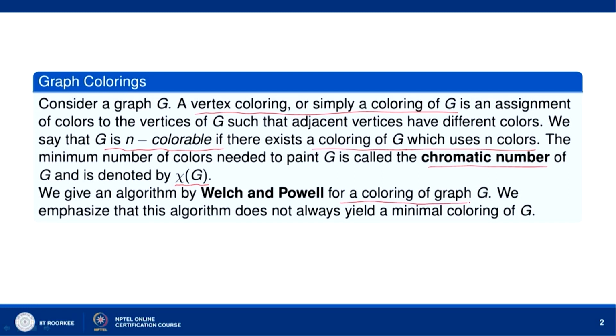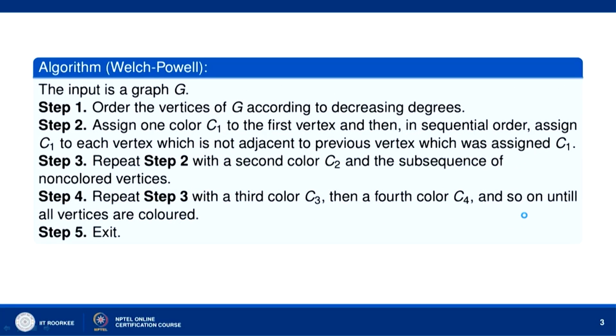Now, we shall discuss an algorithm by Welch and Powell for a coloring of graph G. We emphasize that this algorithm does not always yield a minimal covering of G. Now, let us see what the Welch-Powell algorithm is. The input is a graph G. The first step is to order the vertices of G according to decreasing degrees. So, we will find the degrees of all the vertices of the graph and then arrange them in the order